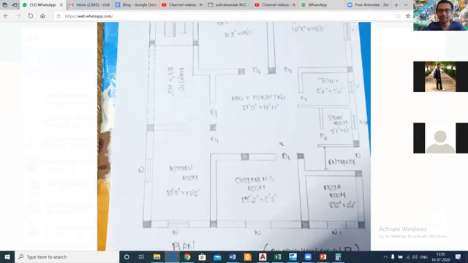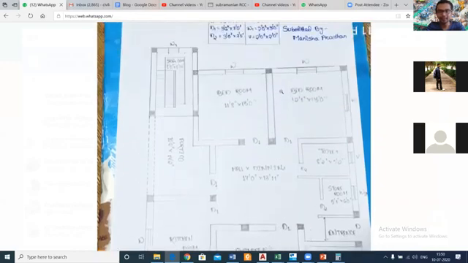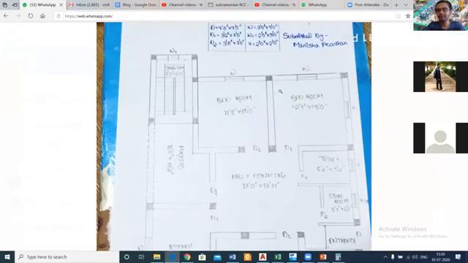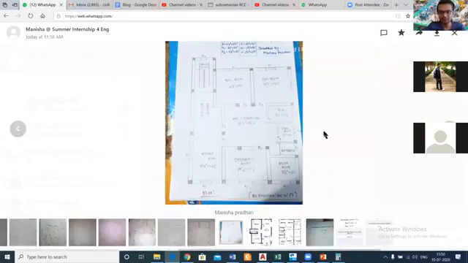Okay. So now basically what we need to observe, what we need to know while making any plan is that we need to have a basic idea of the components of your building. So now the next task of all of you, as you can see, the bedroom size is 11 feet 8 inches into 13 feet, 12 feet 1 inch into 13 feet. So these two bedroom sizes we got.